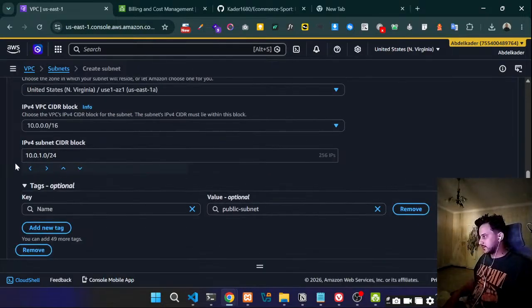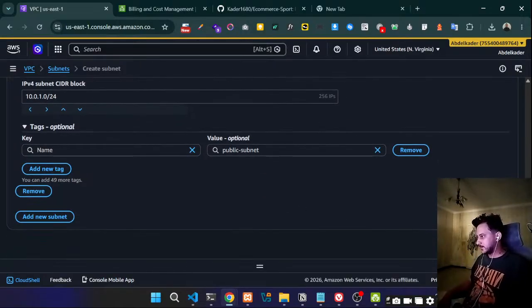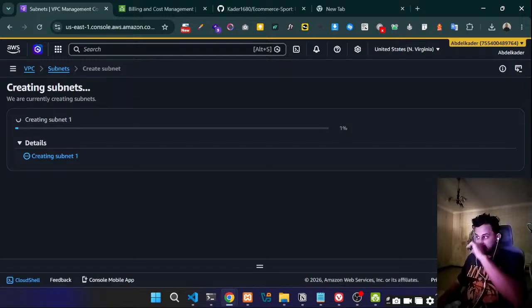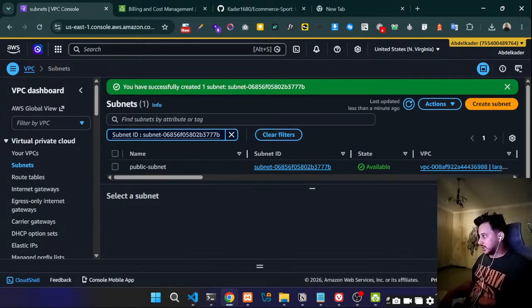So I want to specify the range of IP for this subnetwork, the public subnetwork, and the value tags. So using this, let's create this public subnetwork. After we created the public subnetwork, which will include the EC2 so that our application can connect with the internet,